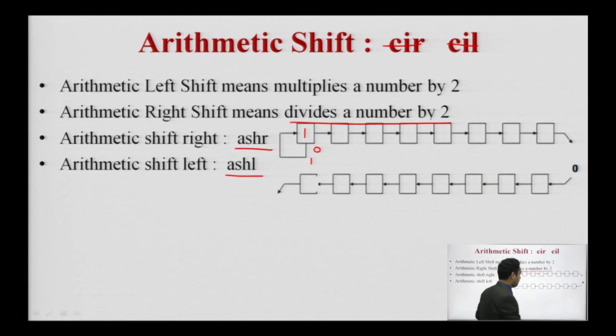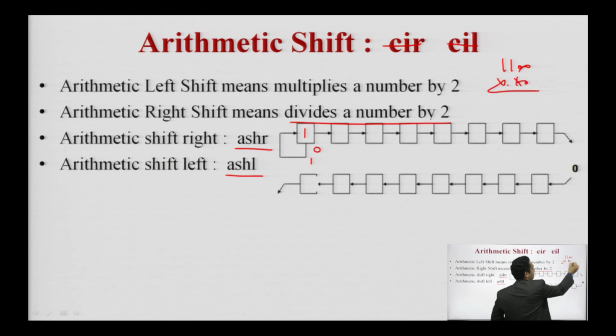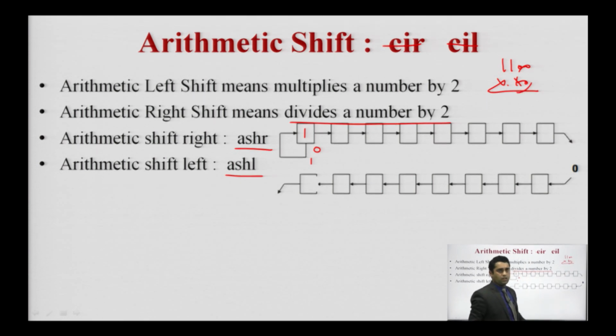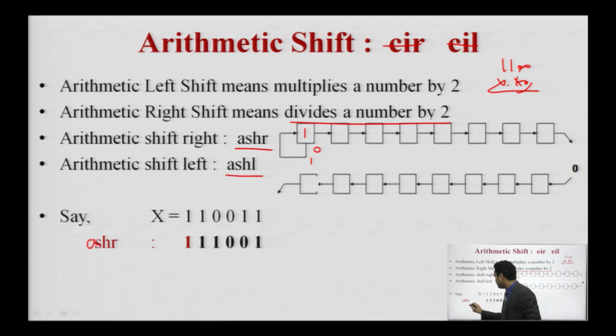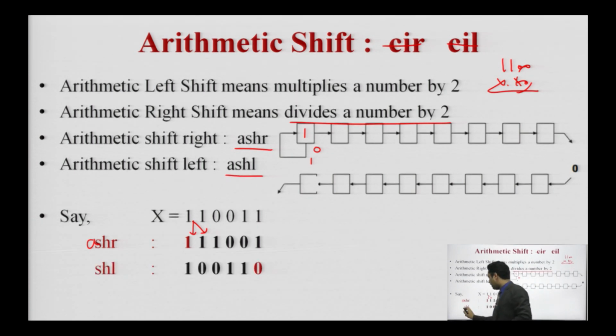So, if you are using a number here and you are going to multiply this number by 2, it means both are in binary representation, 1100 and 10, and then you multiply the binary, then you will add a 0 here because this value is 0. So, this is the concept, and this is the example where we are using 110011. If we are doing the shift, in this case this bit will be retained here. And when we are doing an arithmetic shift left, then we add a 0 in this part. So, this is all about the arithmetic shift.